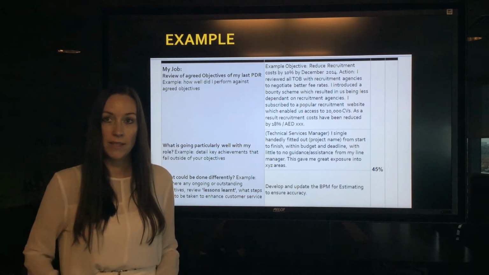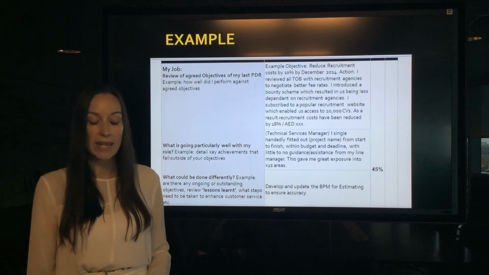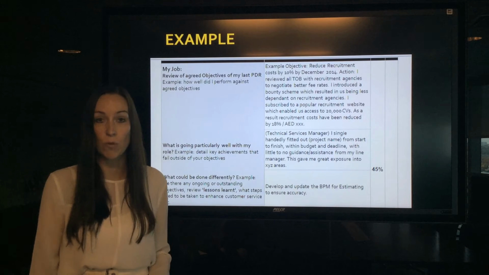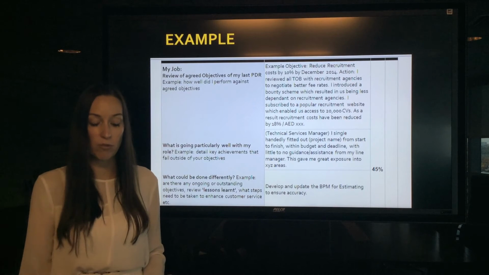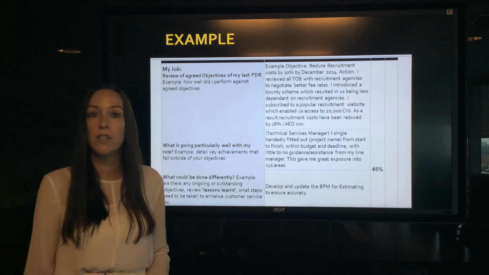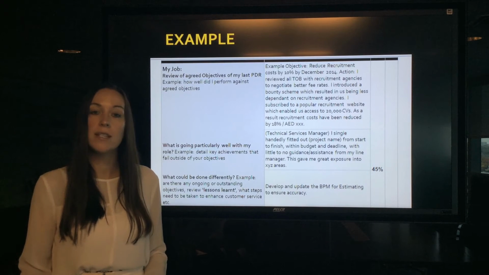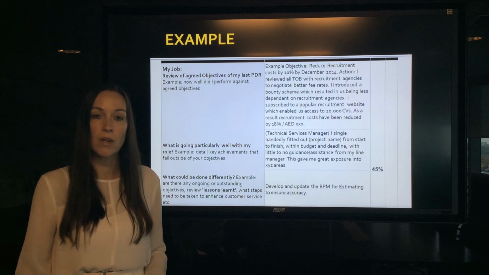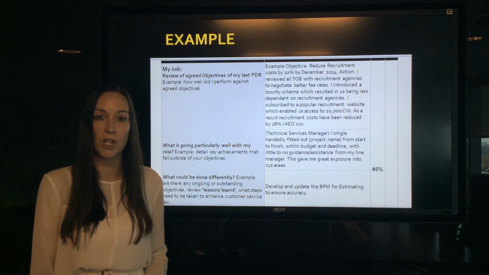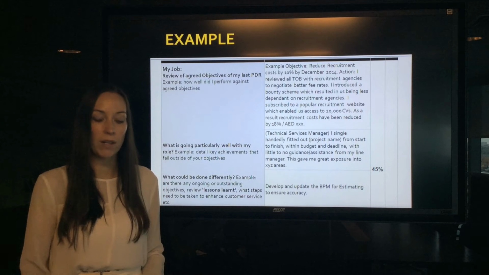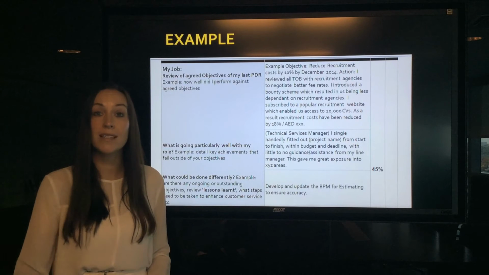Okay, so this slide shows the first section of the PDR form, section 1. This is what we were just referring to. So you can see in my job, review the objectives from the previous year. Now what we've done here is we've included an example, and the example is to show you the detail that staff need to go into in order to support and back up how they feel they have performed against their objectives. And it shouldn't just be a one-liner in that, yes, I achieved that objective, correct, because that doesn't then